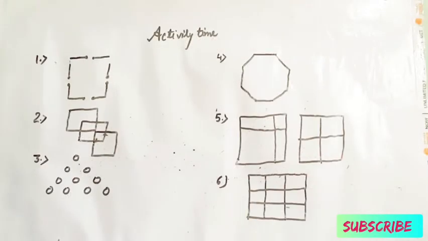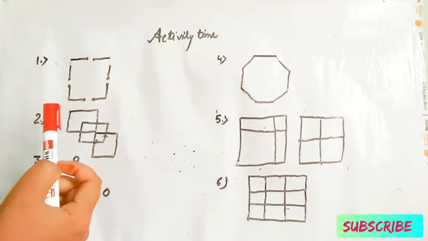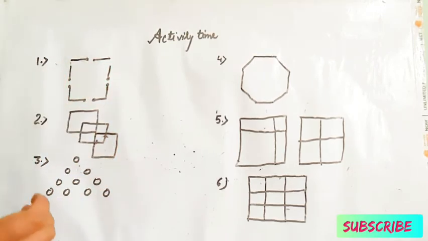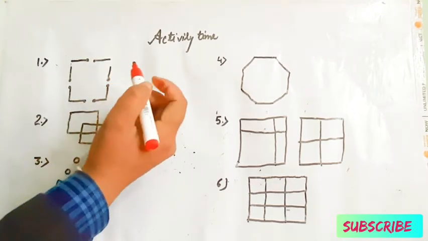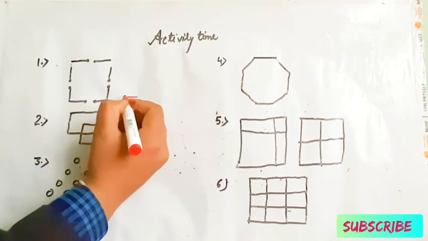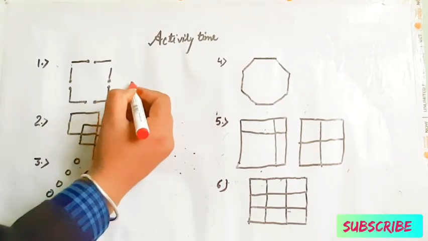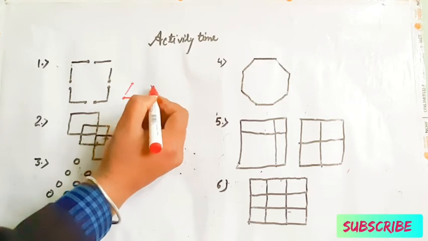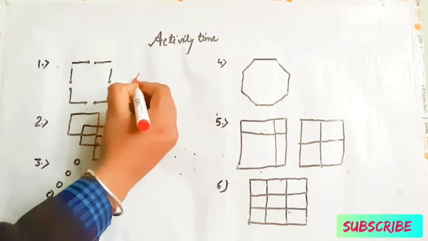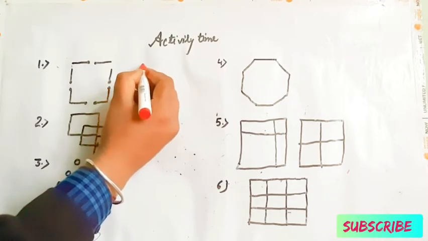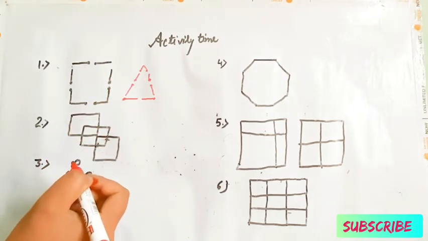Now let us see a few interesting activities. The first one is, you are given 8 matchsticks and you have to frame 3 more different closed figures using these 8 matchsticks. So first one is, I am taking 2 for the base, then 2 here, then 2 more here, then 2 more here. These are joined with each other and this will become a triangle.